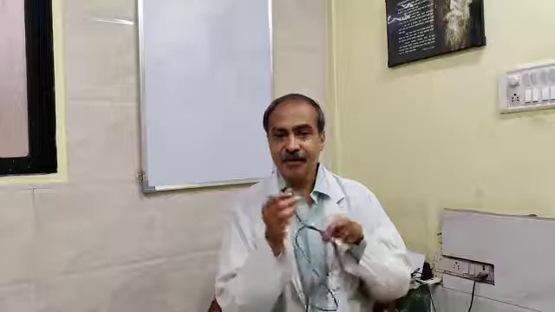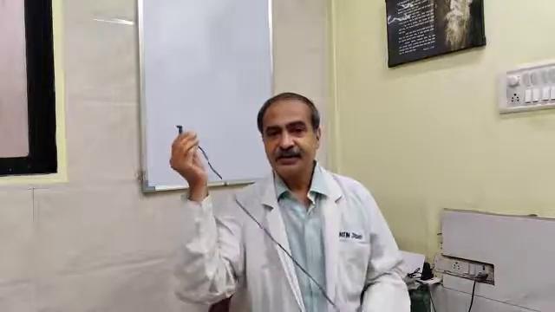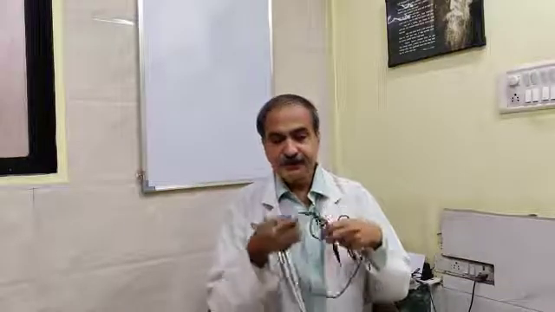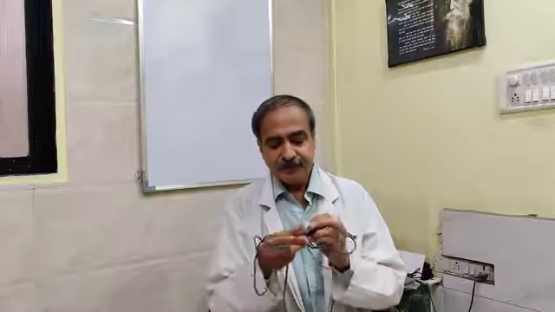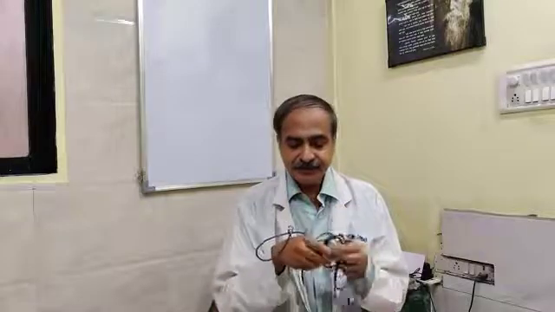Now we have seen that this particular high frequency cord has to be properly fitting in the separate socket given for monopolar cautery on the cautery unit. So there is a connecting point which will go to the diathermy unit. Then there is a plug which will be going to the working element.